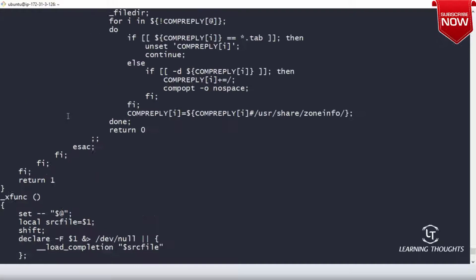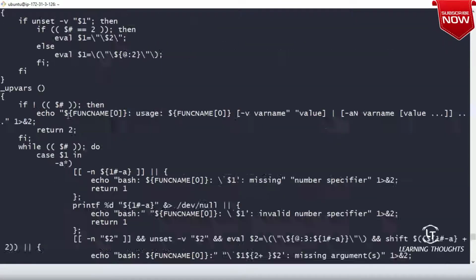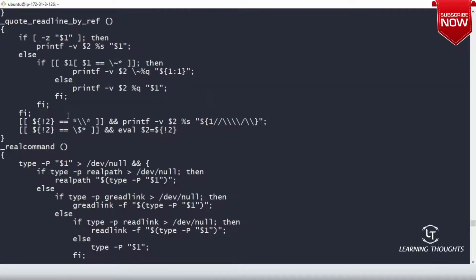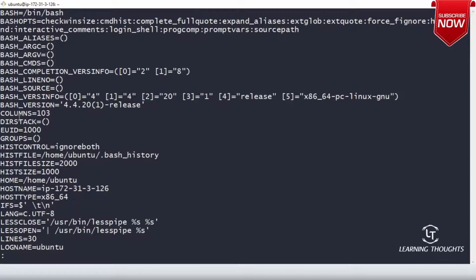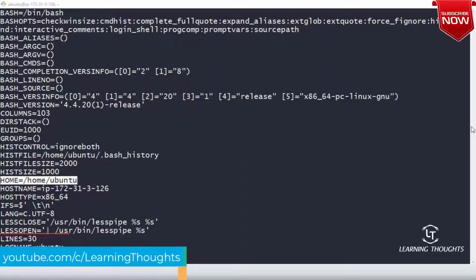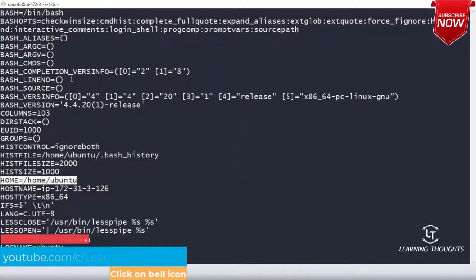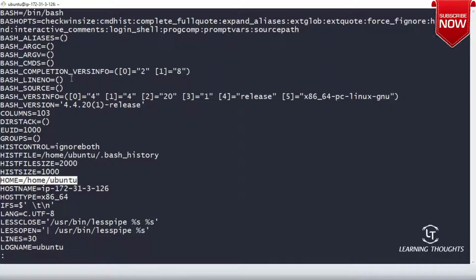In set you would be seeing a lot of predefined values. So let me use set. Don't try to use variable names which already have some meaning. In your shell script, don't try to create something called HOME. Never create variables which already have predefined meanings.